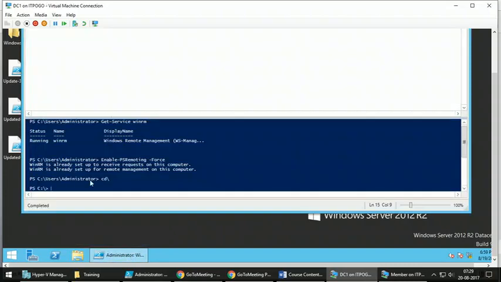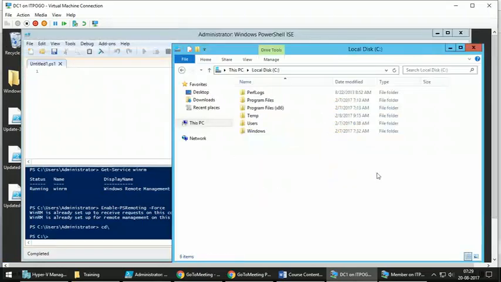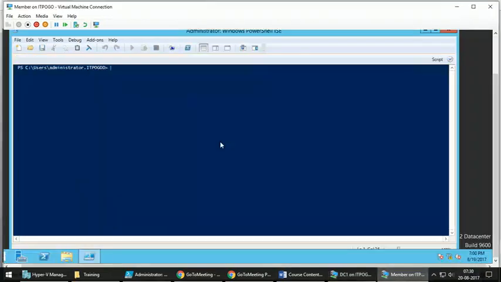Okay, this is what we have done on the domain controller. Now let me show you the current files and folders on the domain controller, just to give you some idea about how remoting will work. I am creating a test folder here on the DC. Okay, now from here,